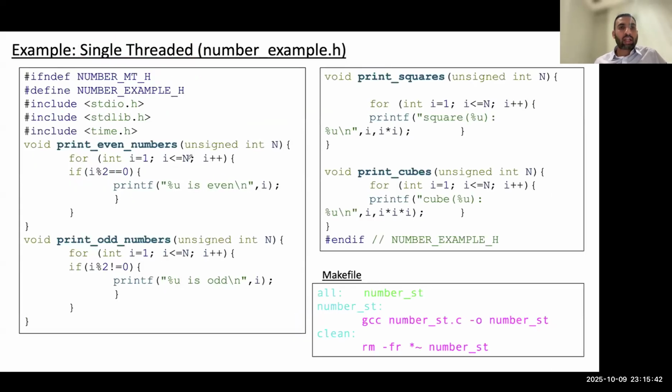So this is straightforward, and here is your number_example.h header file, where we have defined these functions: print even number, straightforward. You are just running a for loop, right? And then print odd number, print squares, print cubes. That's it. And here you have the makefile, right? So this was the example of a single threaded application